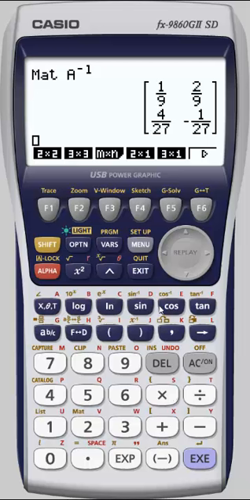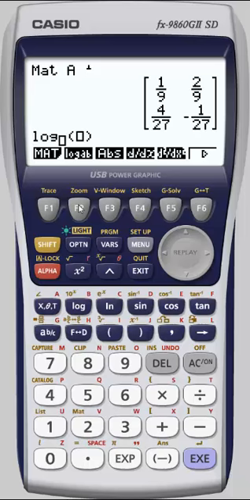Additionally, there are some really nice features in this option menu, which I'll come back to in a few minutes. But for now, I want to back out of this menu by pressing exit. And I want to quickly show you the log of any base. So if I press that, it gives me a nice two-dimensional template again. Let's say I want the log base 4 of 8. In order to move between these empty spots, these positions in the template, you just use the right arrow. It's the easiest way. It's just like the tab key on your computer, where if you're filling out a form, it'll go from empty slot to empty slot in the exact correct order.